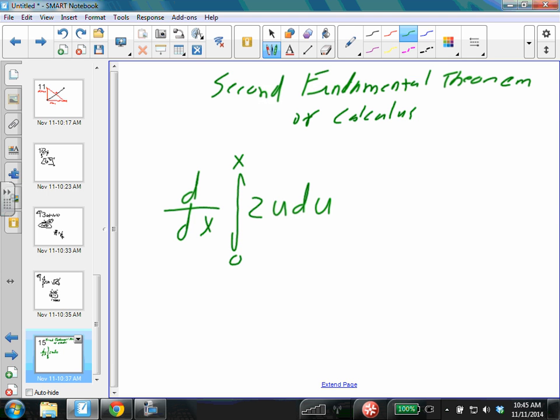This right here, what does this first symbol mean? What is that telling us to do? Take the derivative. That's exactly right. So take the derivative of what? Well, then we have this thing right here, which is a what? An integral. Now, involved in an integral is a what? What's one of the main steps in finding an integral? An antiderivative. So this problem has us both taking a derivative and an antiderivative,